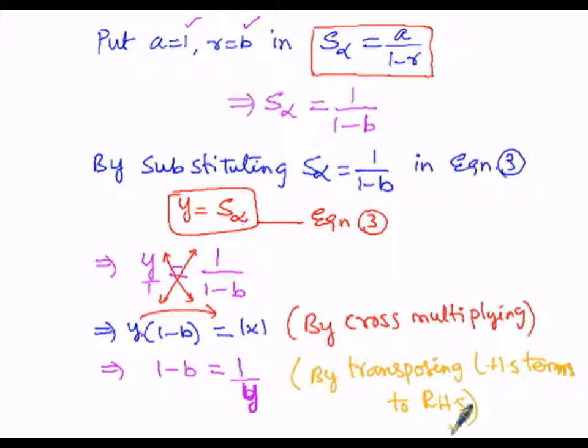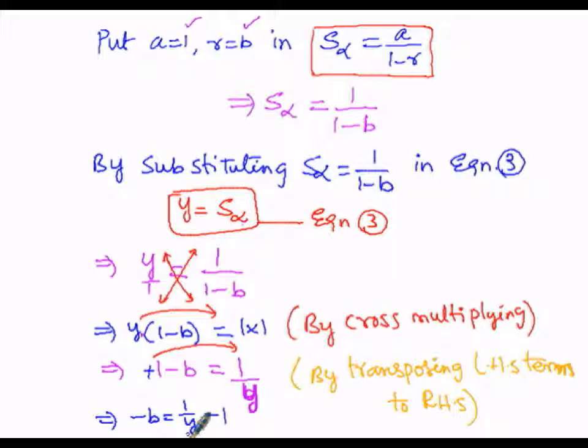Here, in order to make b the subject, the next logical step: that implies minus b is equal to 1 by y. Now 1 is positive, so I want to transpose this plus 1 over to the right hand side. When transposed over to the right hand side, plus 1 becomes minus 1. Then in the next step I want to change the signs of each and every term of the equation. So minus b becomes plus b, minus 1 becomes plus 1 in front, and plus 1 by y becomes minus 1 by y.